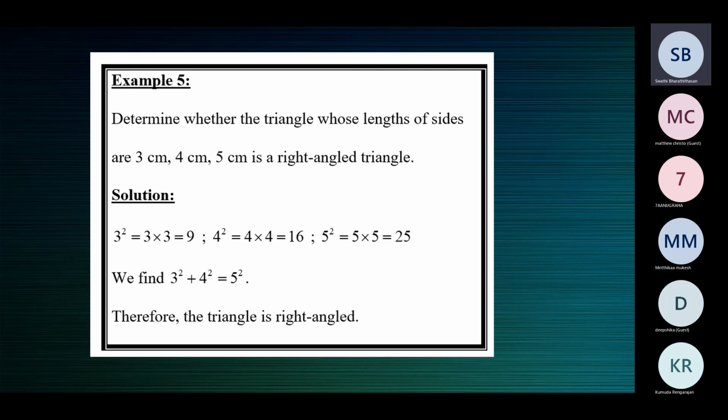Ma'am, it's like the sum of the base and the perpendicular should be equal to its hypotenuse, ma'am. No, those terms we cannot use now. Base, perpendicular, hypotenuse, those terms we cannot use now because we are just trying to comment if it is a right triangle or not. That's all. Only if it is a right triangle, you can use the terms hypotenuse, base, and perpendicular. When you know it is a right triangle, then you can use those terms. Now we don't even know, so we cannot use the terms base, hypotenuse, and perpendicular here.